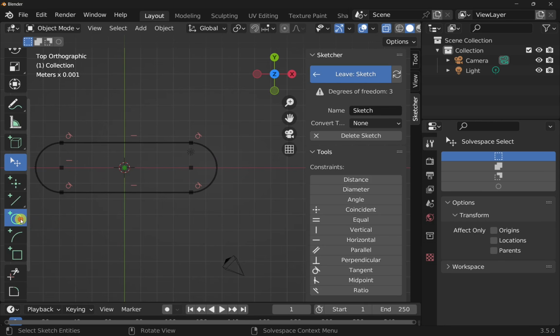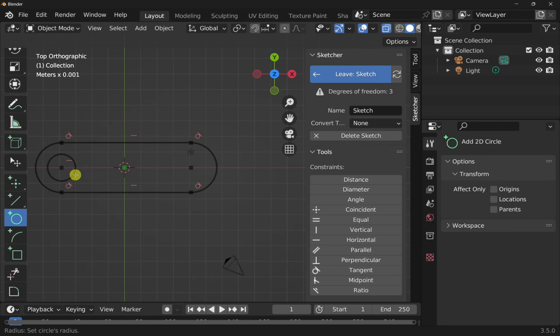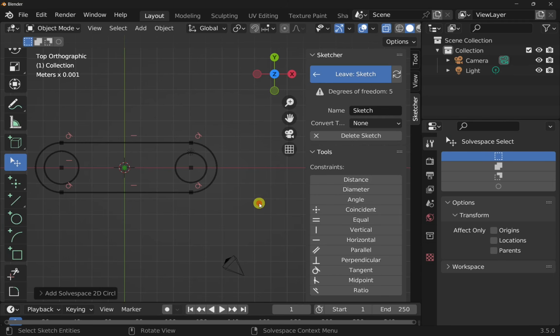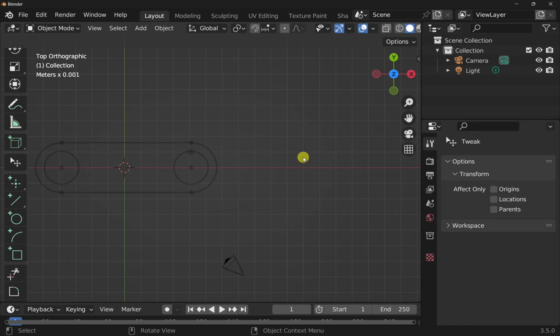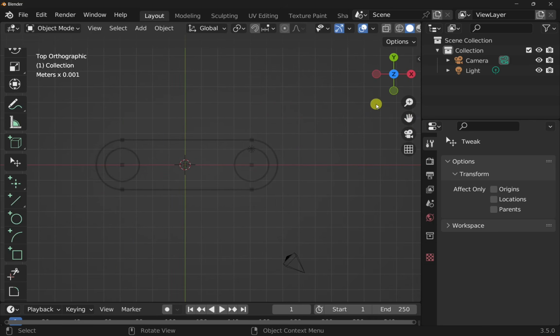I'm just going to add some circles, which are coincident to this point, like so. Right click, select both of these, just select them, and make those equal. That's enough for the time being. Let's leave the sketch. I'm going to press N on the keyboard to hide the flyout bar. I now have my sketch,